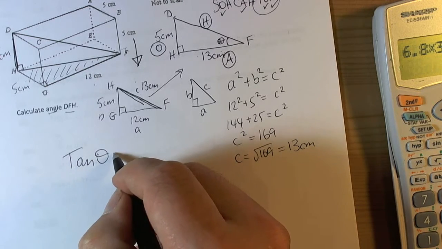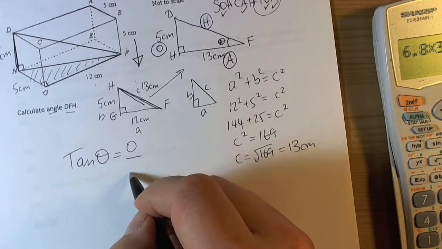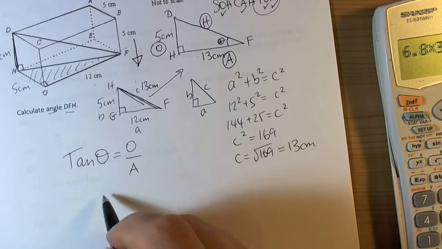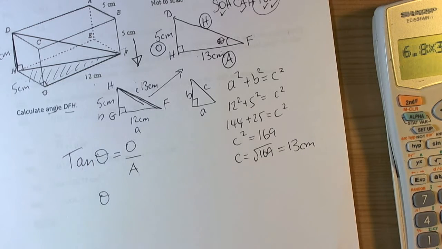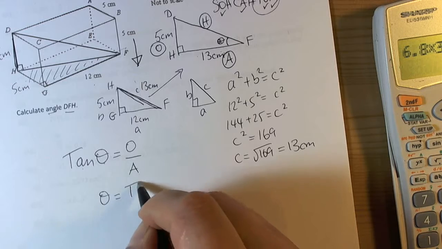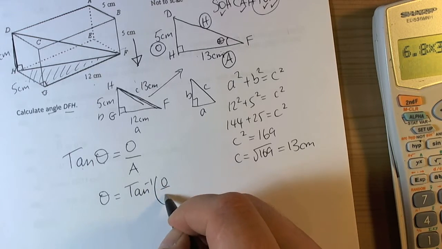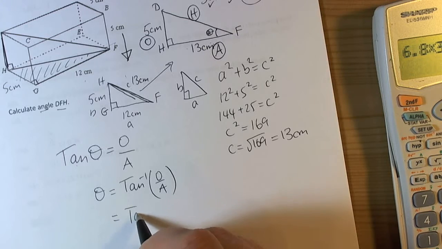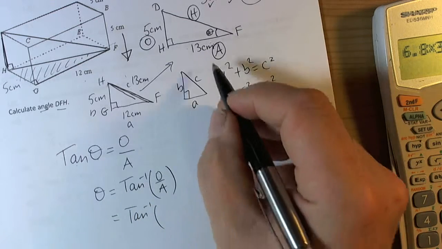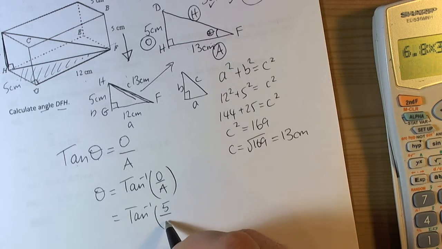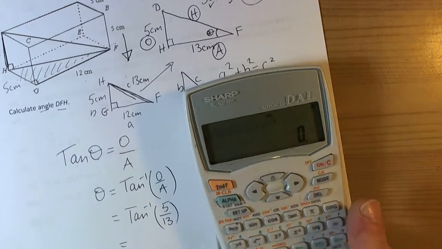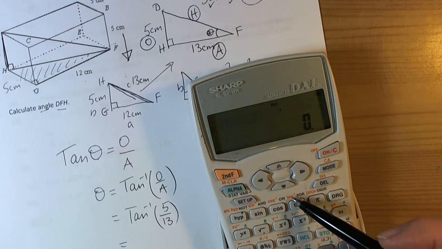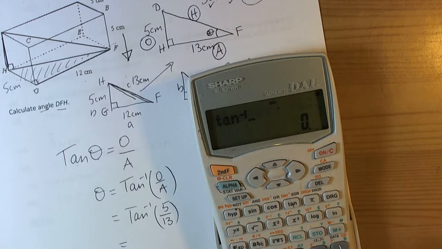So we write out what the tangent function is. So the tangent of the angle theta is equal to the opposite length divided by the adjacent length. We want theta, so make theta the subject. That means we've got to do the inverse of tangent, which is called tan to the minus 1, the inverse tan function. So we're going to have to do inverse tan of O over A. So we do an inverse tan of the two lengths we've calculated. Well, O was 5 and the A length was 13. So we get our calculator. Inverse tan is above the tan key, so second function tan to the minus 1, bracket 5 divided by 13,